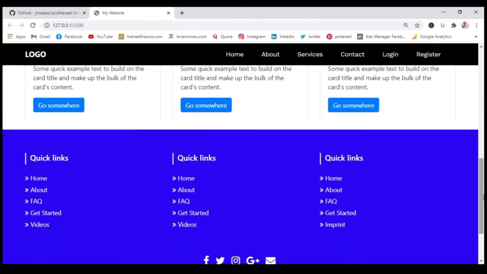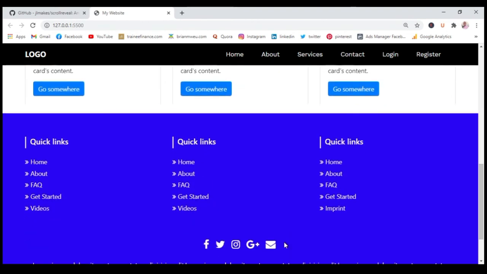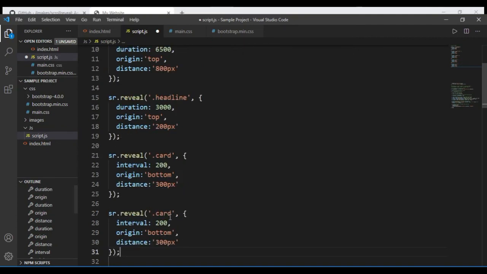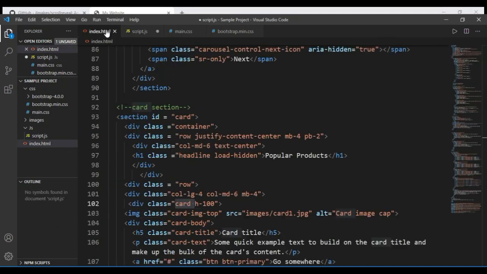Now the last one is the footer. So let's just check within the footer. So the next one is the footer. So now we are going to apply it within the footer. So within the footer, we want it to originate from the bottom as it slides in, not slides, but as it comes in. So let's just copy the particular code again, and this time we're just going to apply it within the footer element. Now our footer here is an ID that is from